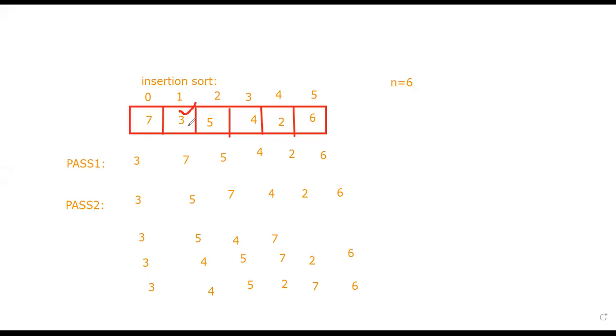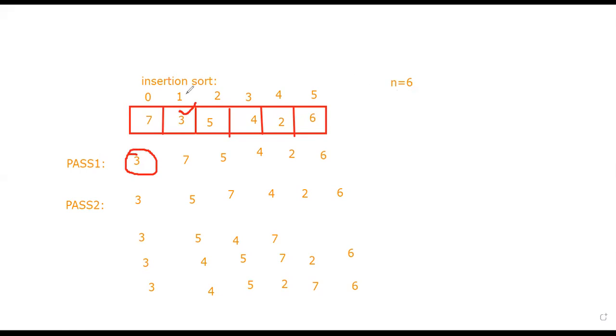So we are making it temp. Why are we making it temp? Because we don't have the actual value, we are just comparing these two only. After comparing, the 3 is placed here, because 7 is greater than 3, which is why we exchange the positions of both values. So here the temp, that means the key, is 3, and it will compare with the remaining leftmost values. That is why we call it temp or key. Temp or key, either is right.